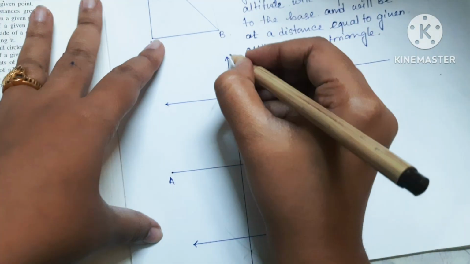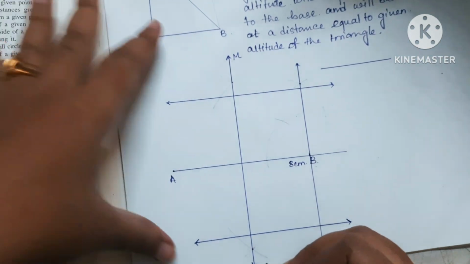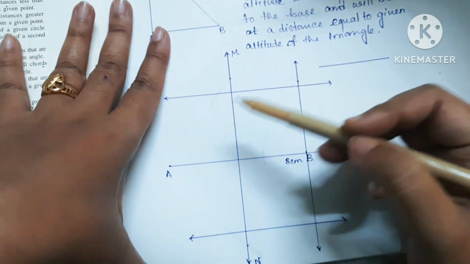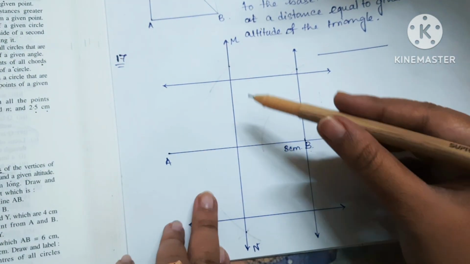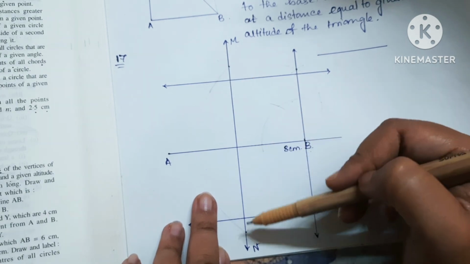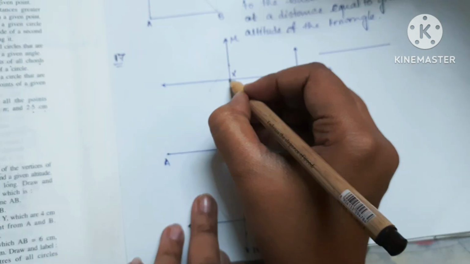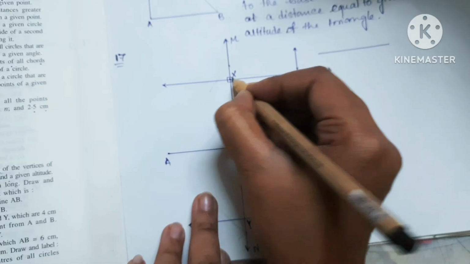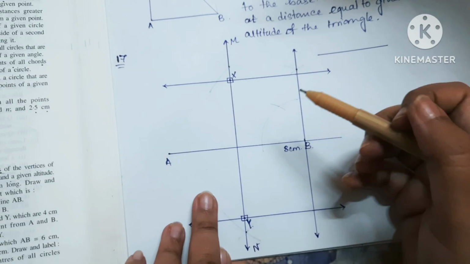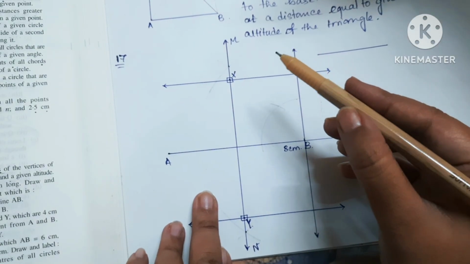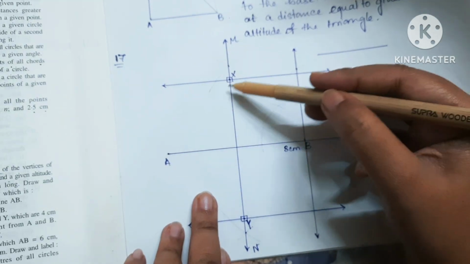So rename it MN. MN is a perpendicular bisector of AB. Now see, it has intersected those parallel lines at X and Y. So X and Y are these 2 points which are, first of all, 4 centimeter from AB, and also equidistant from point A and